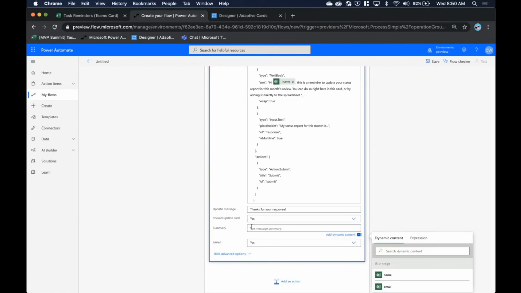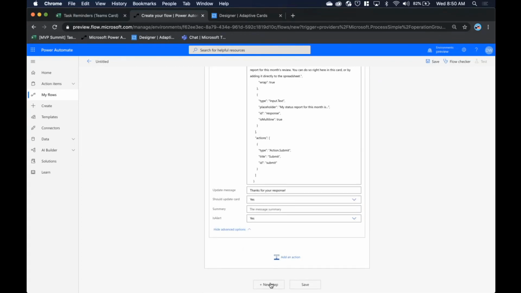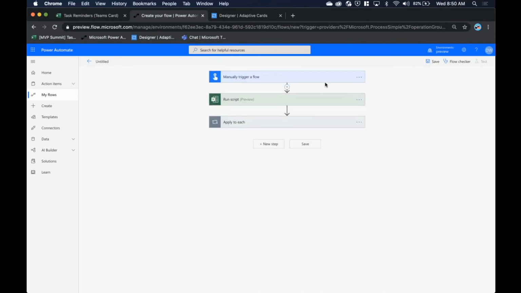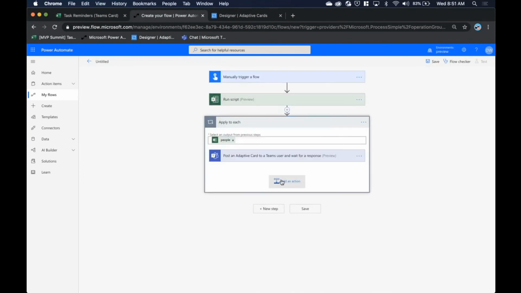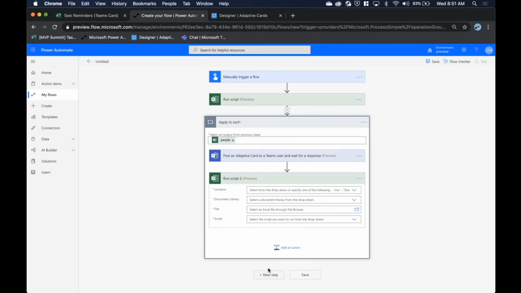And here, I'm actually not going to leave a summary, because since I don't leave a summary, it's actually going to take the text and give the short version in, for example, a Teams ping pop-up in your top right. So with that, I think there's only one more step that we need, which is inside the apply to each. I want to make sure to add an action that says call the run script action again from the Teams card, or using the Teams card response, target the same workbook, just in my OneDrive for Business in the top level,